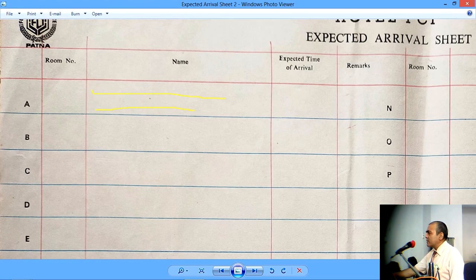If there are two guests, we'll write like this. If there are more than two guests, then there would be an issue, but we can always divide this section and use maybe 4 names here. We can make it shorter. And what is really important is the guest surname and the initials of the guest name. So all the guests whose surname begins with B would be listed here, C, so on and so forth.